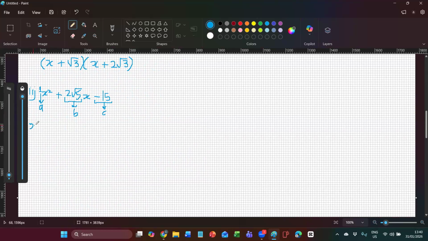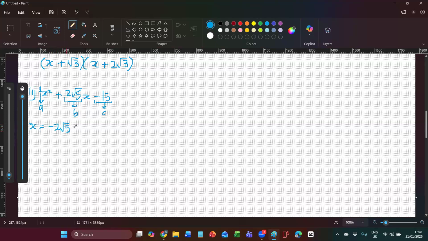I'll start with the unknown. In this case, the unknown is x. I'm sure by now you know that sometimes the unknown may not be x. It can be another letter. So depending on what the letter is, always remember to adapt and make your formula match with whatever letter is given by the question. So in this case, again, it's x. So x is equal to minus 2 sod 5,